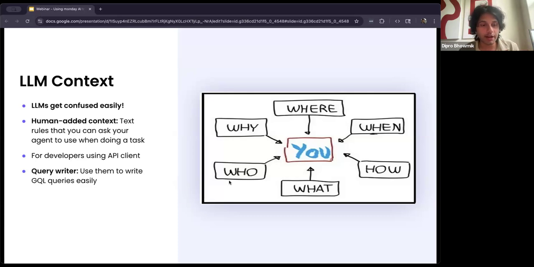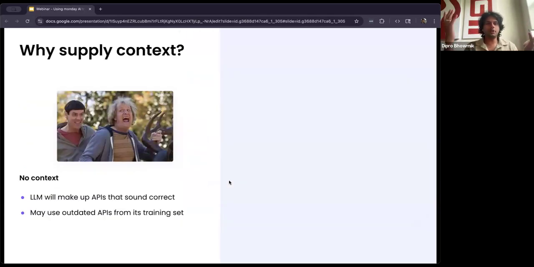And you can even use it to write GraphQL queries easily too. All right. So I've talked about context, but what is context? Why do we want to supply this? Without this additional context that we give with our MCPs,